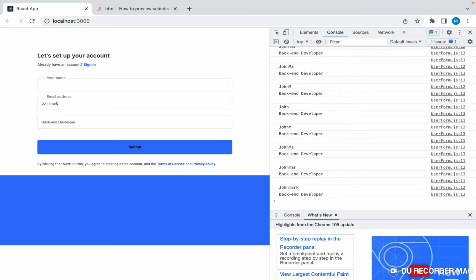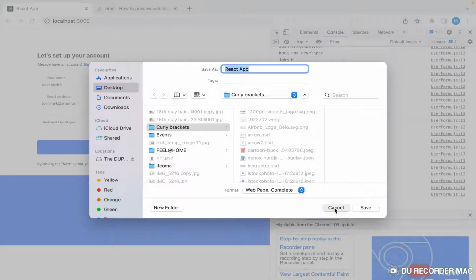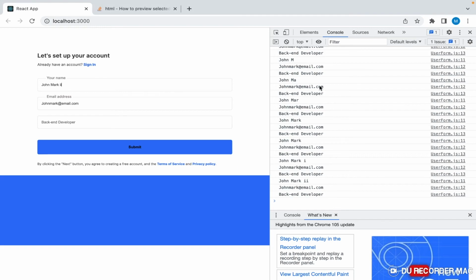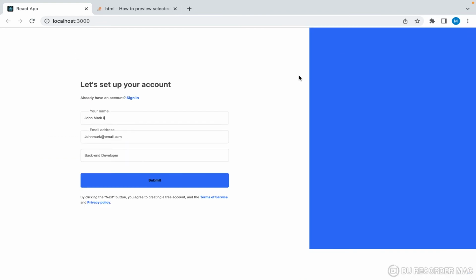I don't need camel casing in email. John Mark at email.com, and then the name is John Mark the second. So now that we can see what we have entered, it becomes easy for us to